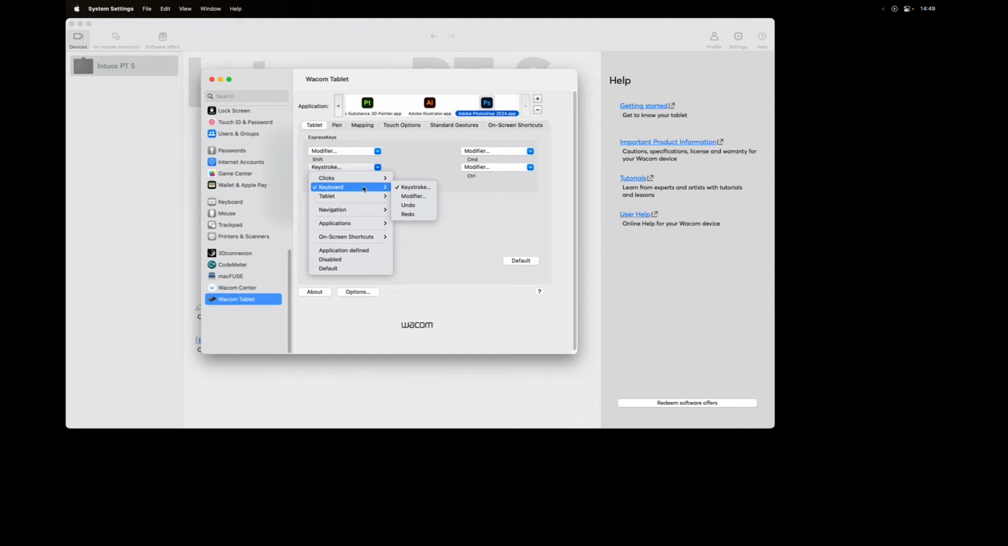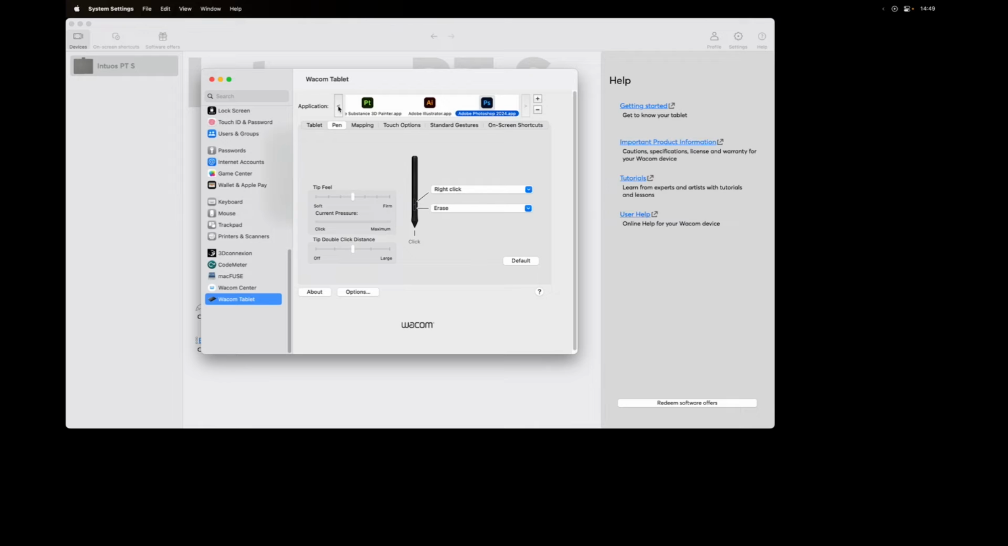There are clicks where I can do this. There's modifiers. I can just add the undo or redo to that. But that's a different way of, say you wanted to do a different keystroke, you can do that, right? I'm then going to go to pen. And to me, this is where the applications really kind of come in handy, is I can do different things